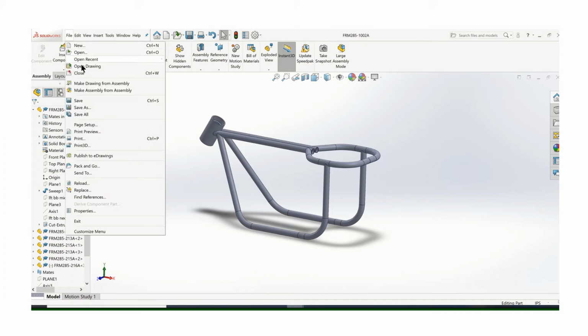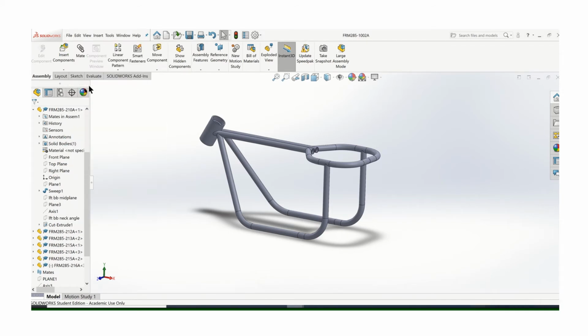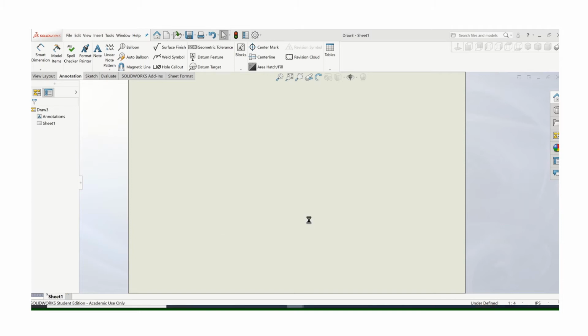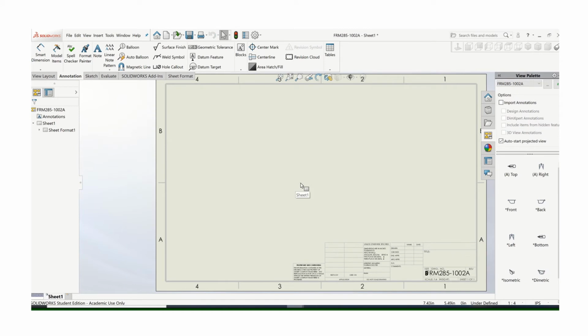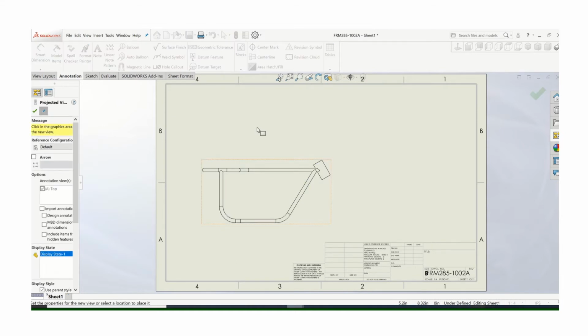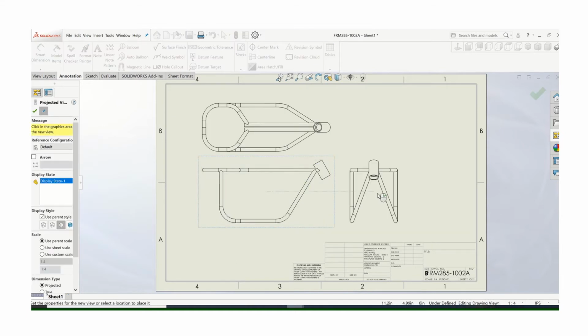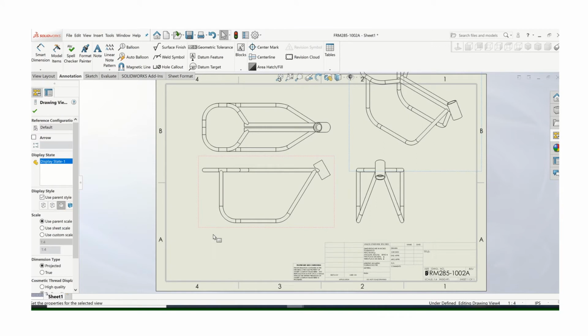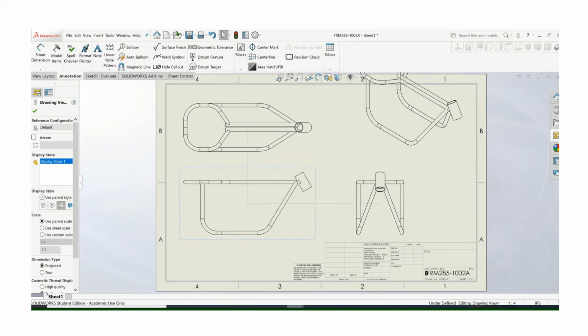I want to put that on a drawing sheet. Try to use a B size whenever possible. Please do not use D size or anything bigger than that. It's too hard to read everything. Doesn't make any sense for the parts. We can always change the scale. If you want to create orthographics or an ISO, it's a little tight on this sheet right now, but for what we're doing,